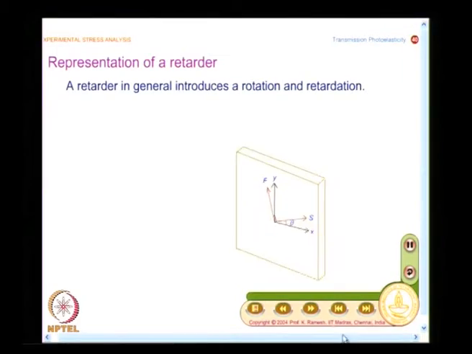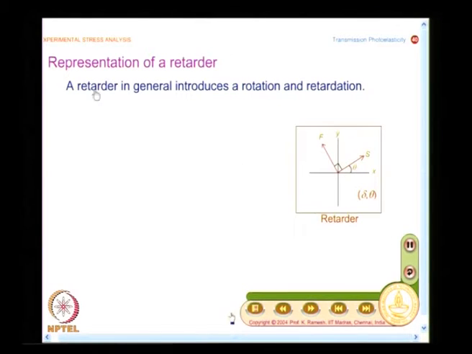Now, we will have to understand what happens in a retarder. How do I mathematically represent a retarder? That is what we will see now. So, what we are going to do is have a representation of a retarder, and here I have given